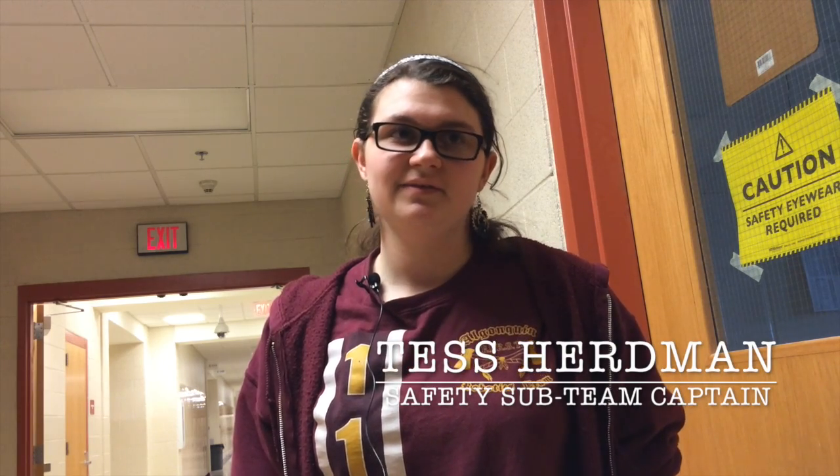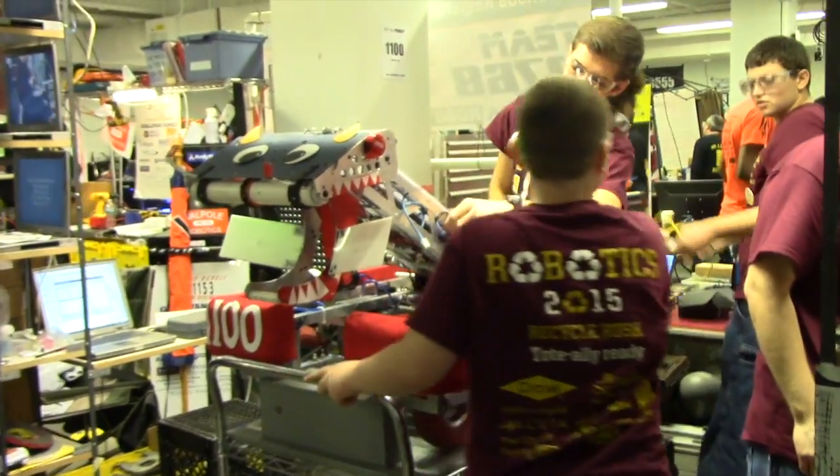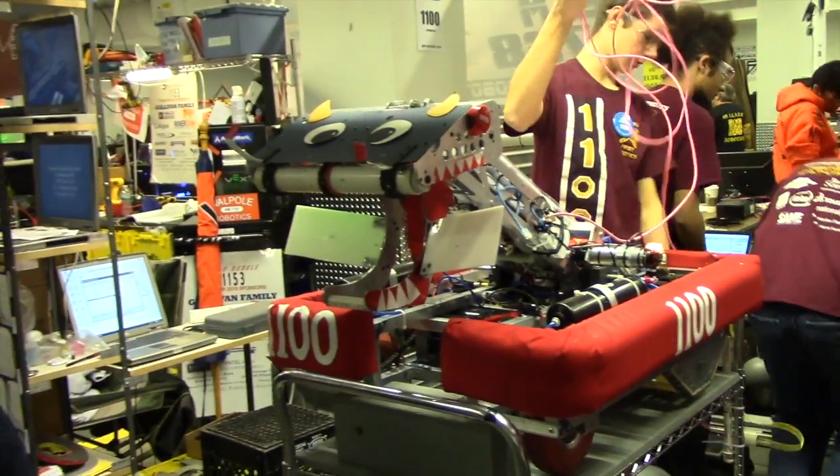Our team is part of an organization called FIRST, which stands for For Inspiration and Recognition of Science and Technology. And they have 4 programs for different age groups involving robotics. We're part of the FIRST Robotics Competition, which is for high school students. And the way that the season works is in January we have a kickoff day where they explain,